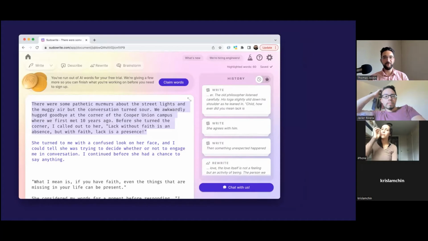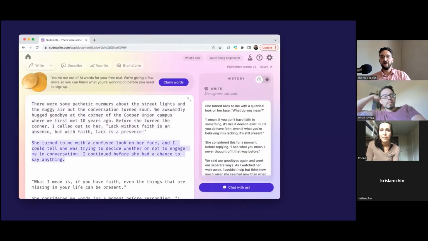So here's an example. I had this one piece with a boy and girl having an awkward conversation, and it looks like they'll probably have a breakup about to occur. They have a long history with each other, and then he makes a statement about the quality nature of lack. And then I had the AI try to reply, and one of these it does. Whoop, let's see.